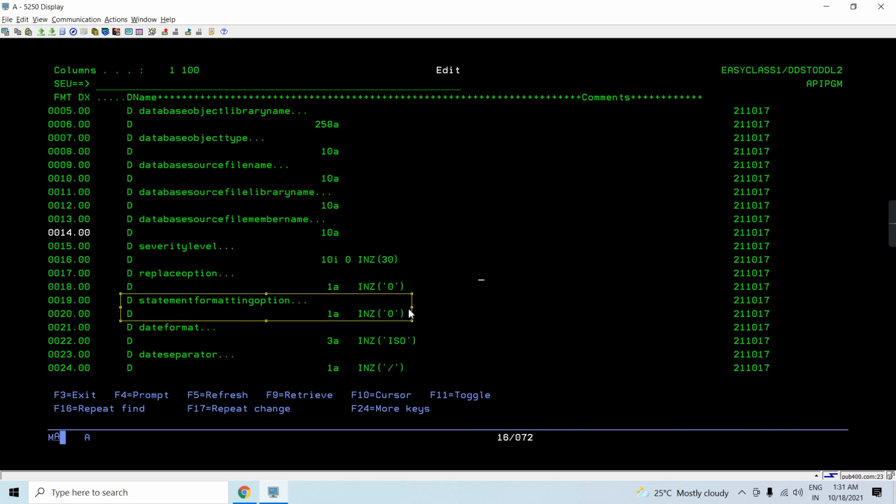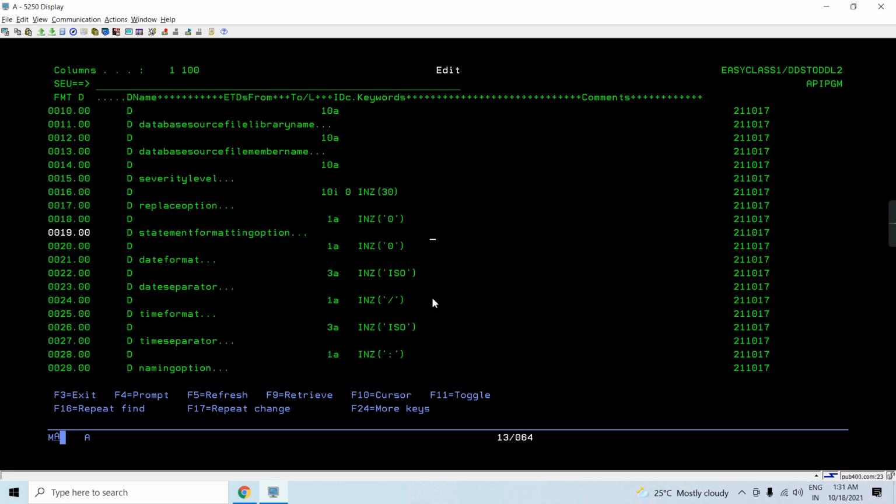Statement formatting options, we are not going to format any option by using the spaces or anything else. Date format is ISO. This could be anything else like MDY, DMY, EUR. So anything else it could be, but we are passing ISO here. Date separator is slash.